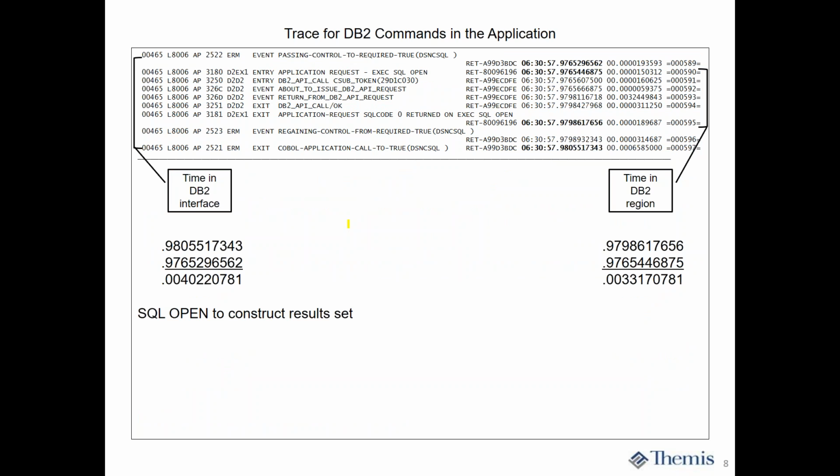Okay, moving on a little bit. So now here's the next DB2, and this is the actual SQL Open. Once again, ERM entry, well, I don't even show you the entry, I cut it off, sorry about that. It'd be right before the event, to ERM exit